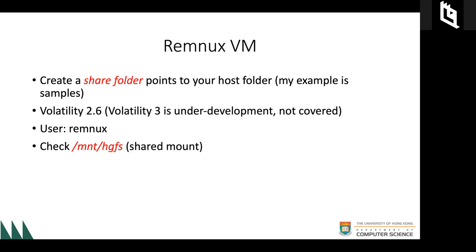For example, 1904 means the Windows 10 version published in April 2019. After a certain level, I can't remember exactly, maybe 1805, Volatility 2.6 needs to keep up the Windows symbols